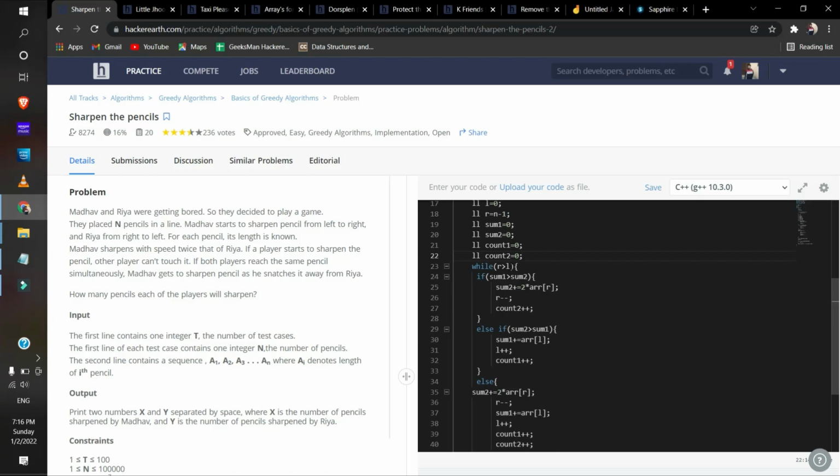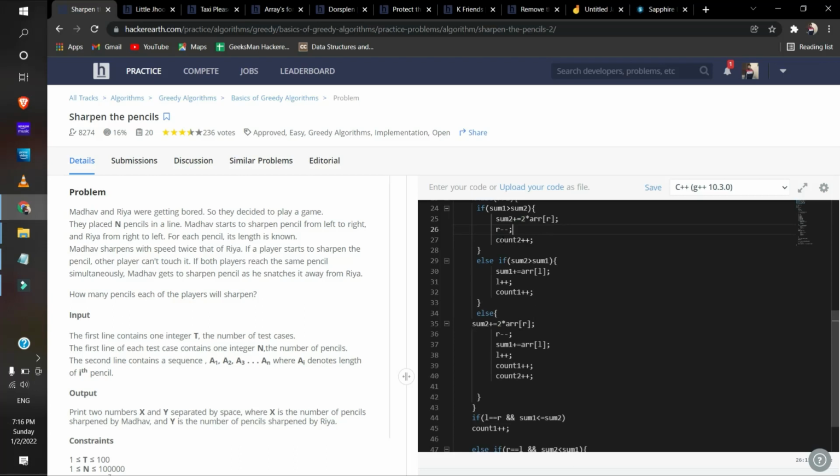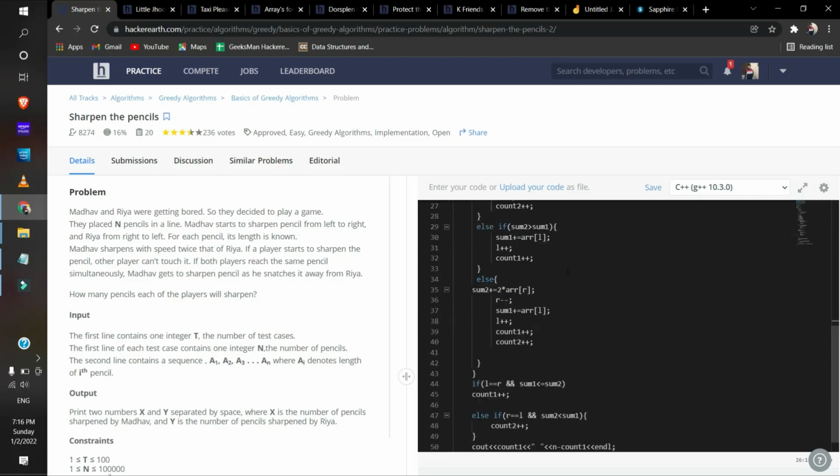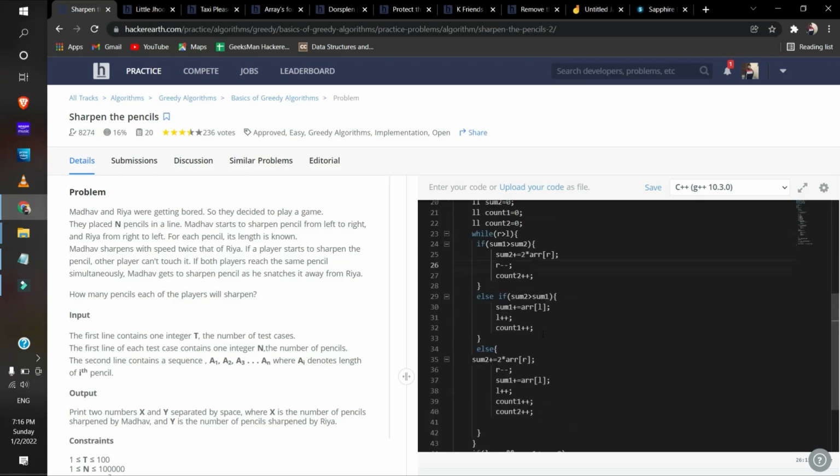This is the condition: right should be greater than left, and if sum1 is greater than sum2, it means he first sharpened the pencil from the left and his time increases, so we add to the right. His speed is slow, so we add 2 times array of i, and we increase our pointer to the left side.